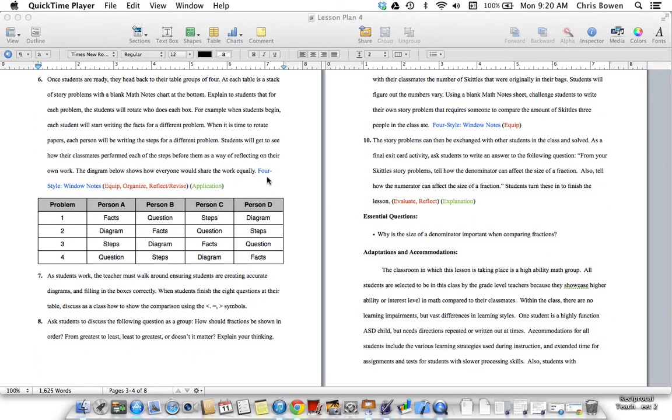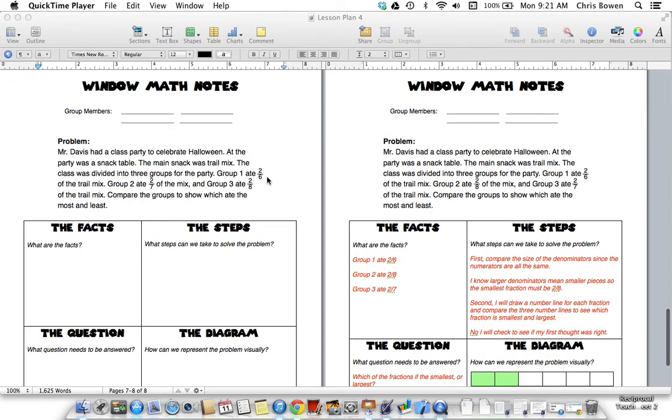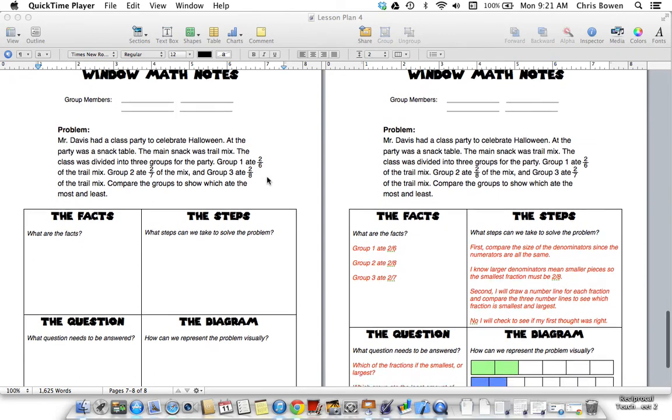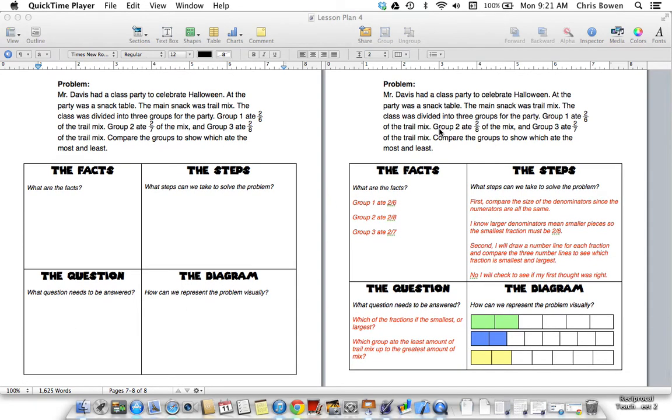During this activity, students will use the following math notes or window math notes organizer. You'll see that what I have here is an example of one. On the left side is the original sheet, on the right is the answer document, and how it will look when filled out. Students will identify the facts within the problem, the steps that they would take in order to